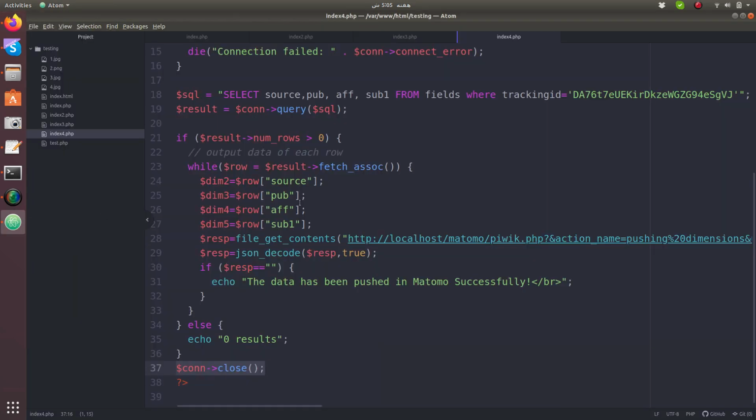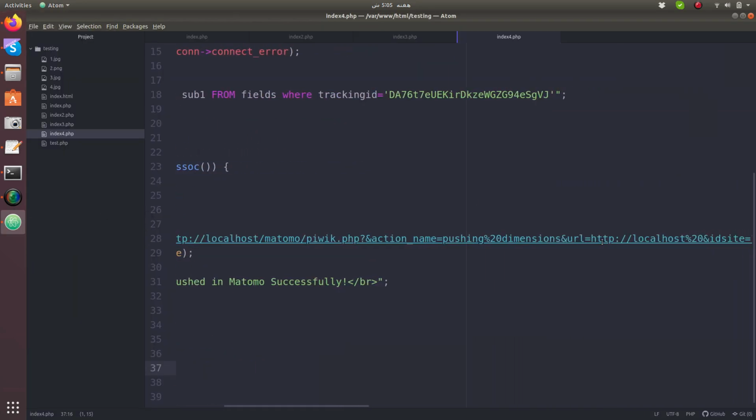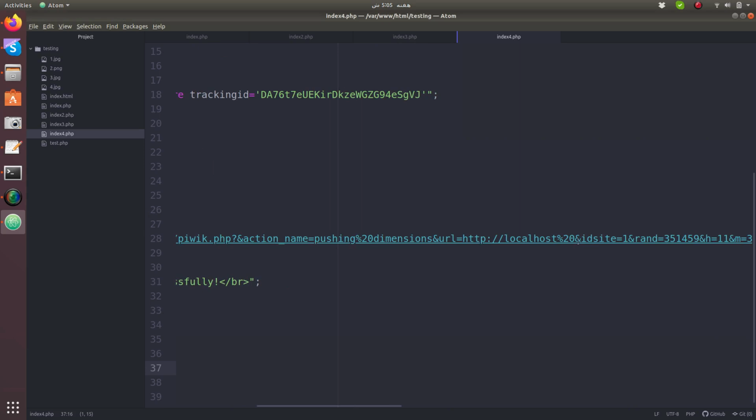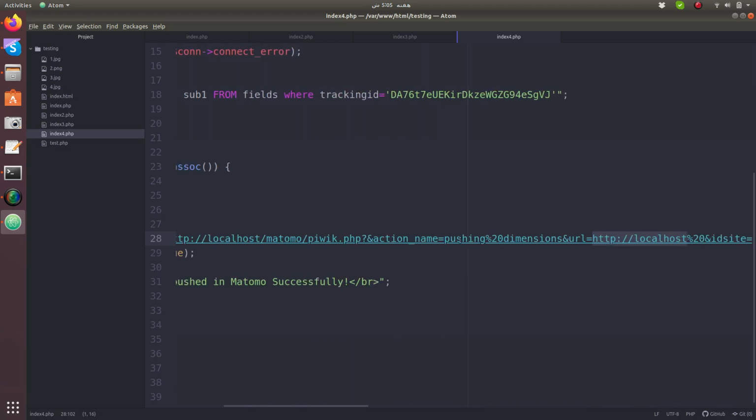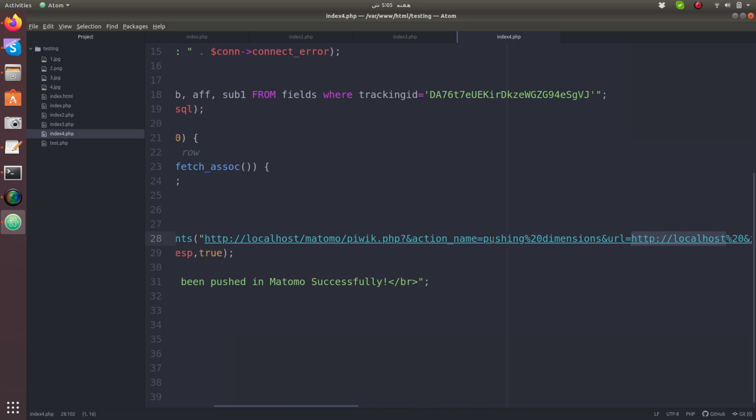Let me show it to you here. This is localhost, and I also defined the name of the action here, pushing the dimensions.